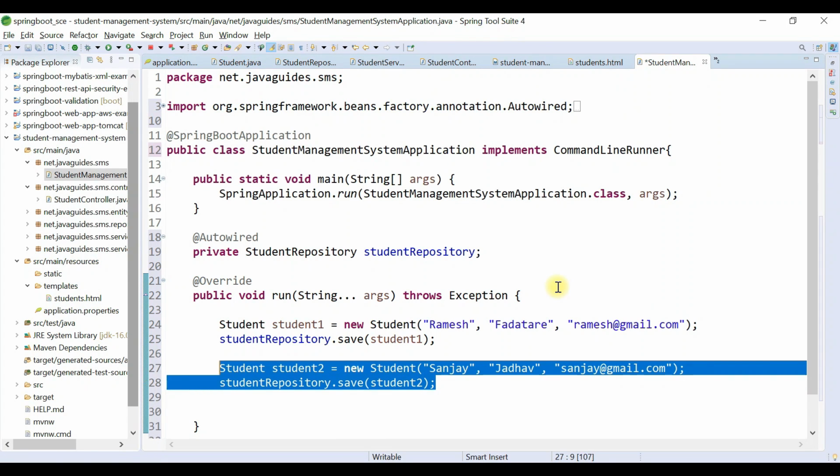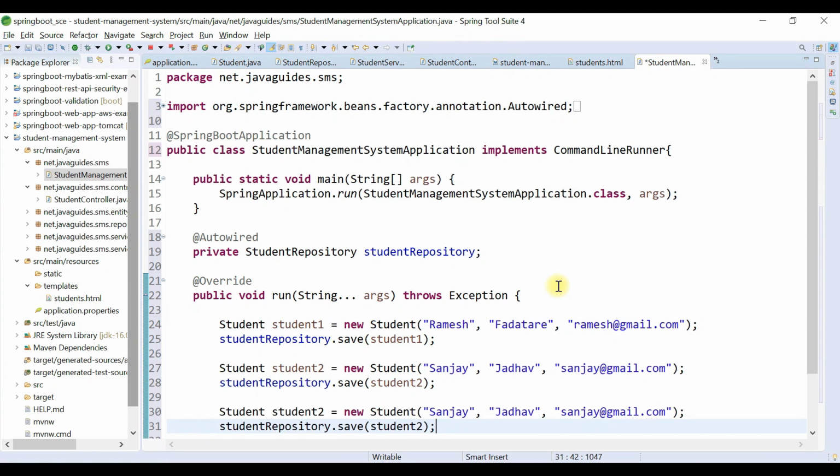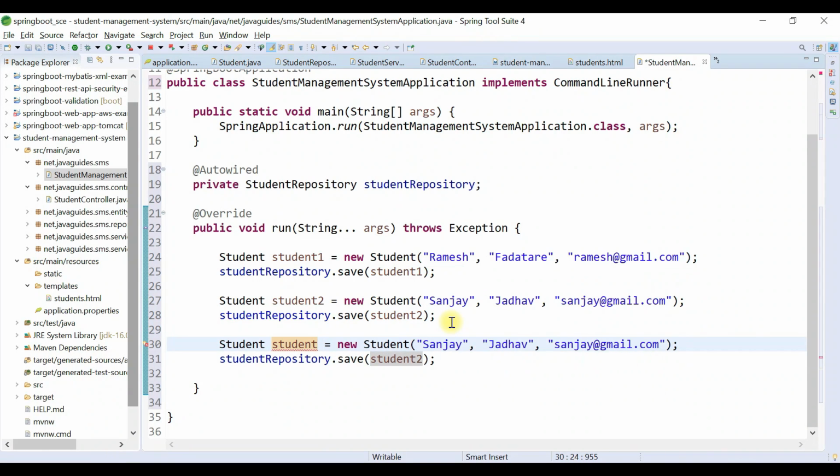Similarly, let's copy this and paste it here, and name it student3, with first name Tony, last name Stark, email tony@gmail.com, and just pass student3 to the save method.